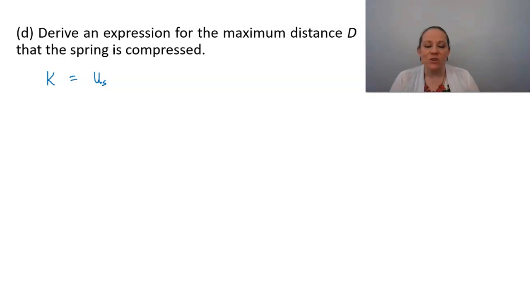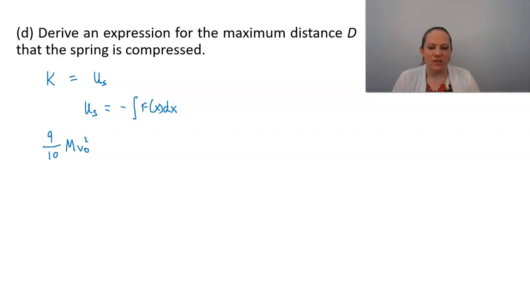And we are going to need to remember that we're not going to be able to do a simple 1/2 kx squared here because it's a nonlinear spring. So our elastic potential energy for this nonlinear spring is going to be equal to the negative of the integral of f of x dx. So we can take that kinetic energy from just after the collision, 9/10 m v naught squared, and we're going to set that equal to the opposite of the integral